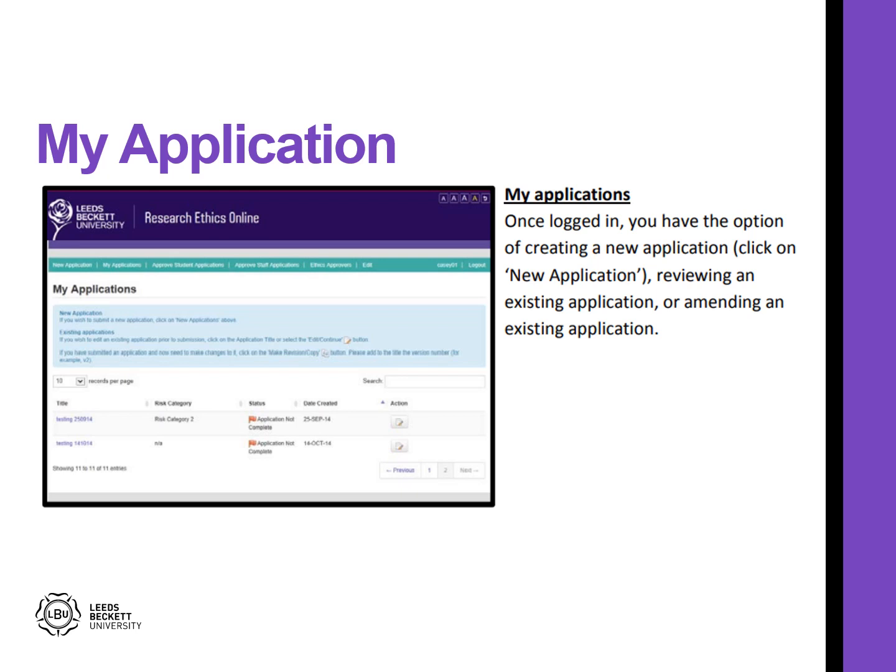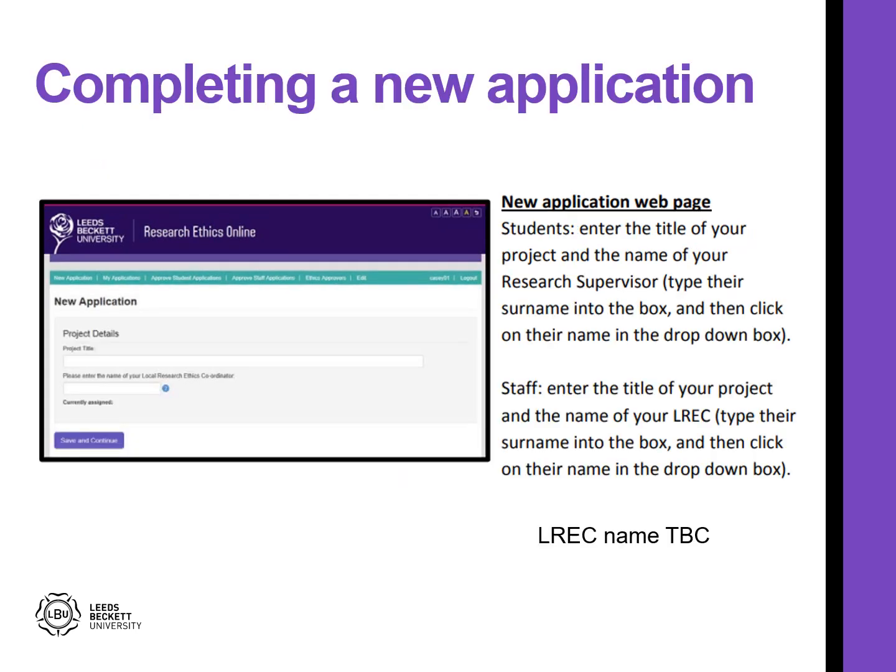And one thing is, if your application is rejected and requires minor modifications, they'll be listed here. And please go back and edit these. If you're asked to, don't resubmit a new one. Just go back and edit the one you've done. But you'll be creating a new one. So for next week, you need to have a project title, and